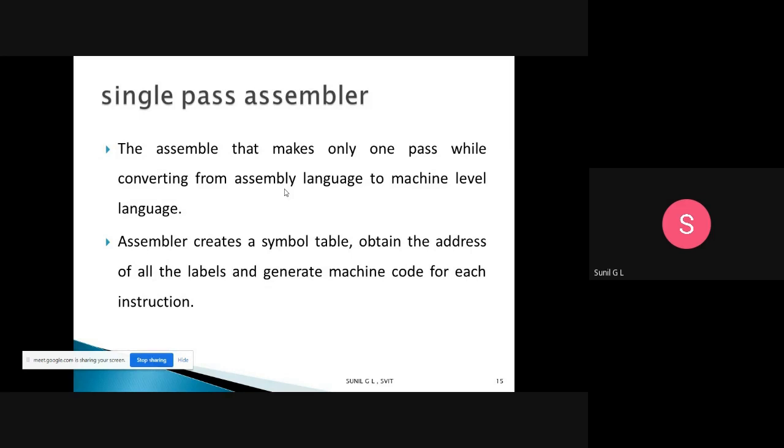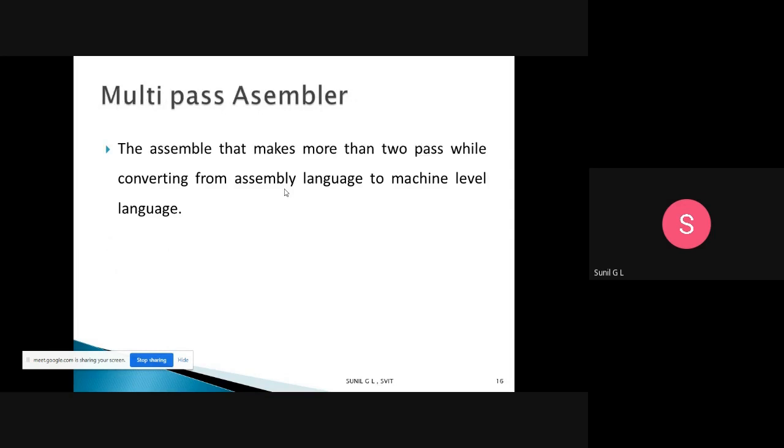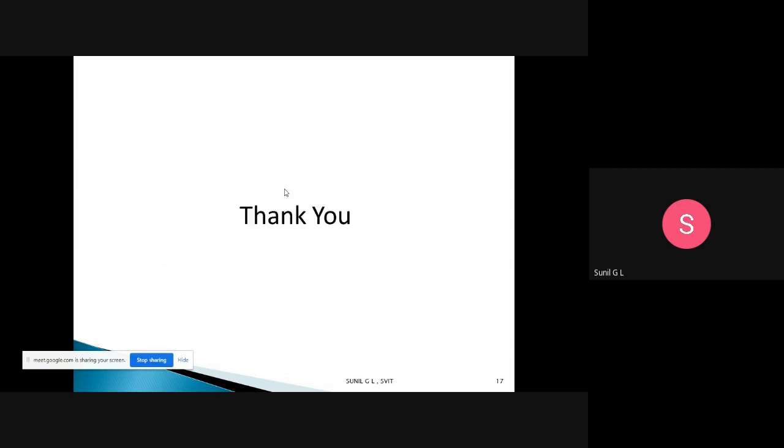The symbol table and other things we will do in the next class. Finally, the multi-pass assembler makes more than two passes while converting from assembly level language to machine level language. These are the things we have discussed in today's class.